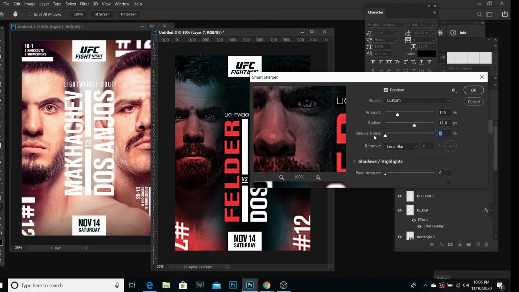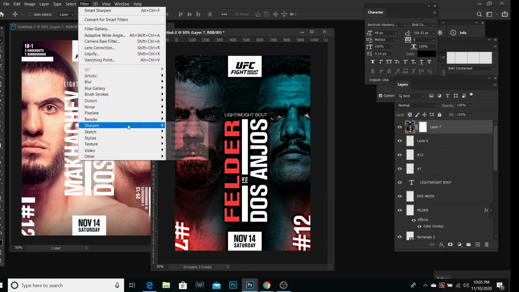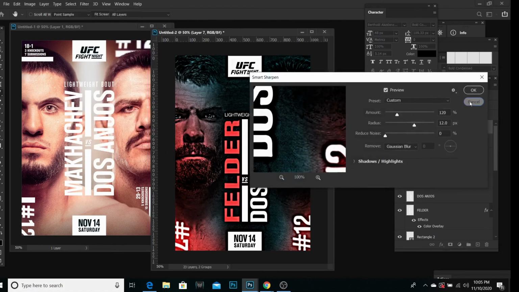Oh, I'm an idiot. It was on custom because I was creating my own. So change the blur to Gaussian blur. Do like 120 here. Radius 12. Reduce noise 0. And you see how that's like sharpening everything up? It's a lot more sharpened, but it's too sharpened